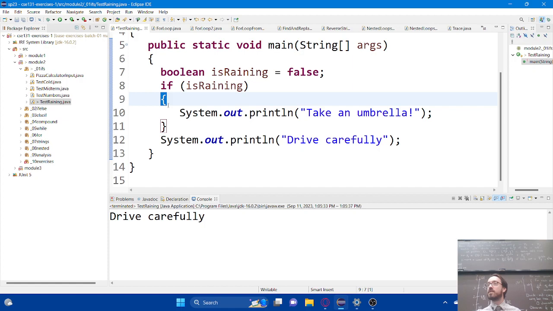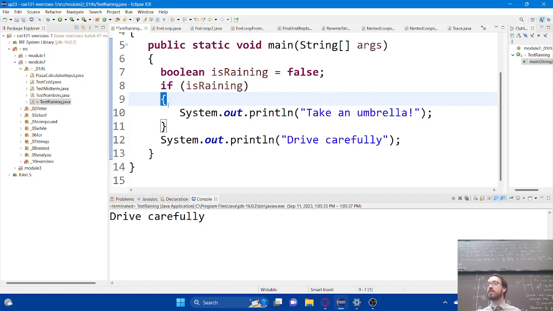Any questions so far before I hop into some more complicated examples? Yeah. So does it have to be true for it to happen, or can you do something if it's false? Yeah, that's a great question. Does it have to be true for it to happen, or can we do something if it's false? So we can do something if it's false, but in order for us to perform whatever action is inside of here, we're typically looking for a statement that evaluates to be true, right? If I wanted to know if something could be false, I actually have a way of flipping Boolean things, right?